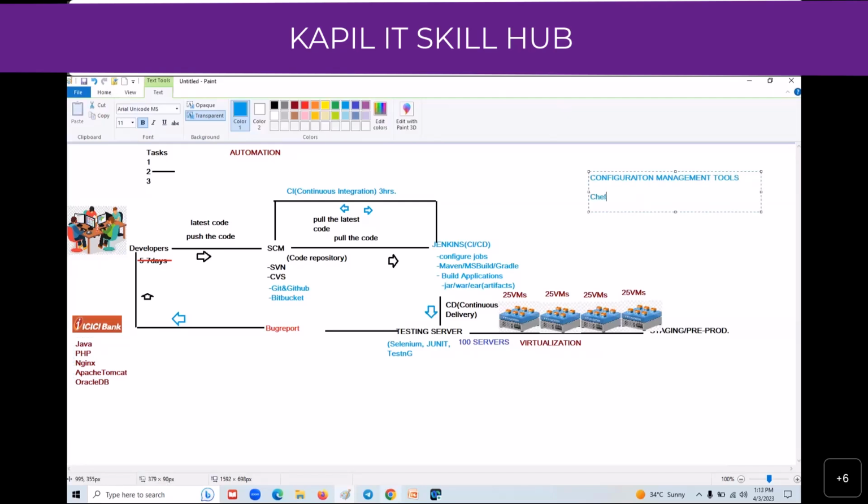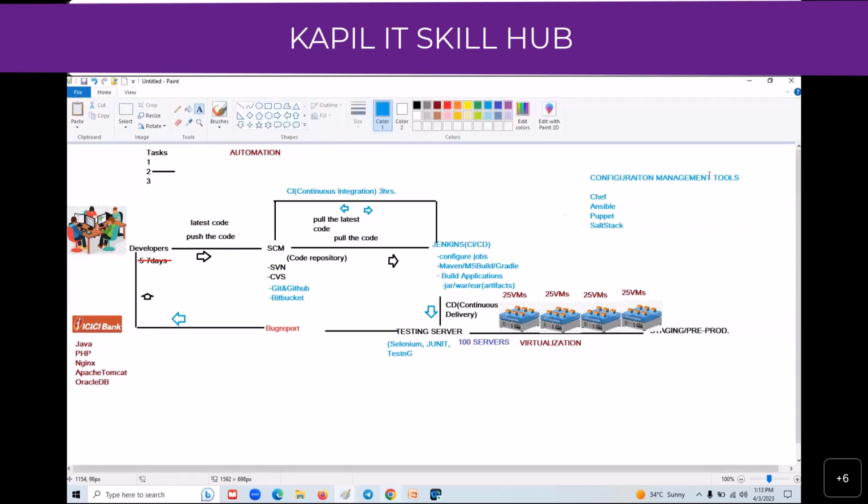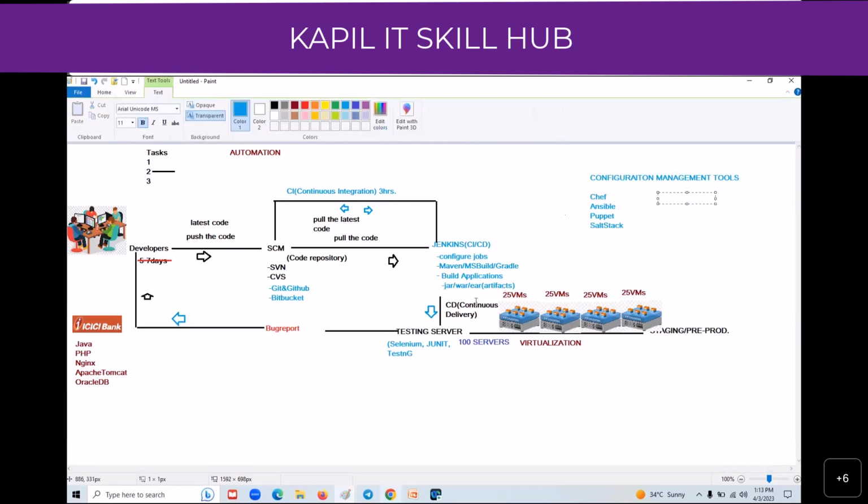That means here we have Chef, Ansible, Puppet, SaltStack. Here we are writing the automation scripts. This is where you exactly understand how this automation brings speed to your application development. We call these playbooks, cookbooks.